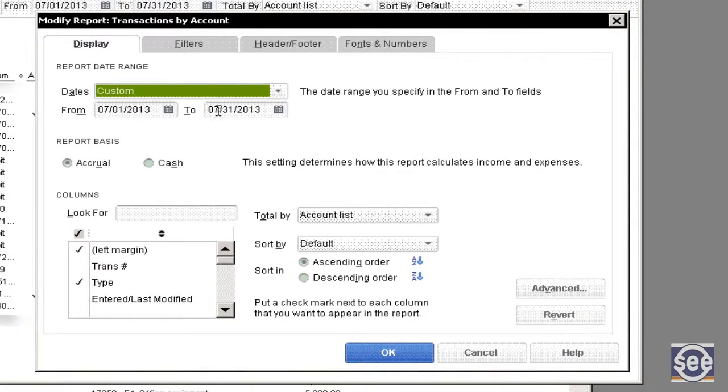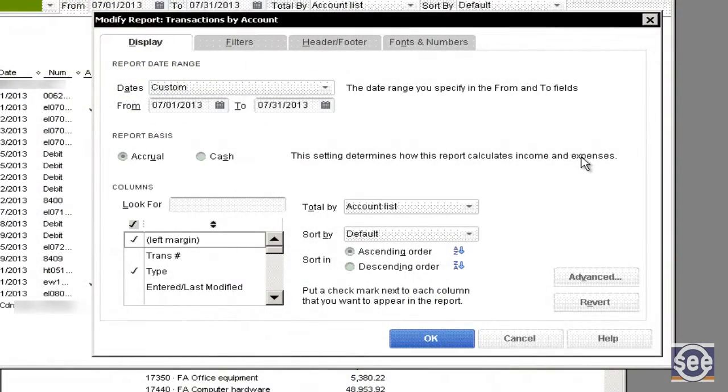Once you do that, you'll see 4 tabs on the top: Display, Filters, Header/Footer, Fonts and Numbers. Let's start off by taking a look at the Display tab. Depending on what type of report you open, your display screen section may look different from mine. You may have more or fewer options, but for now I'm going to use a transaction report to demonstrate how